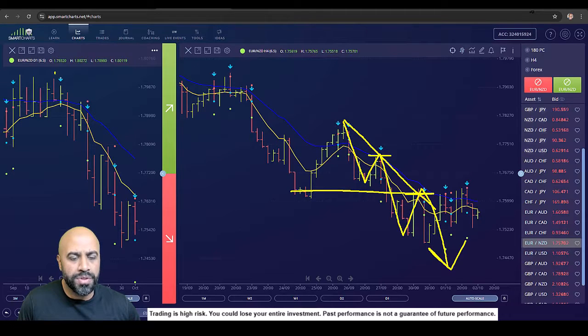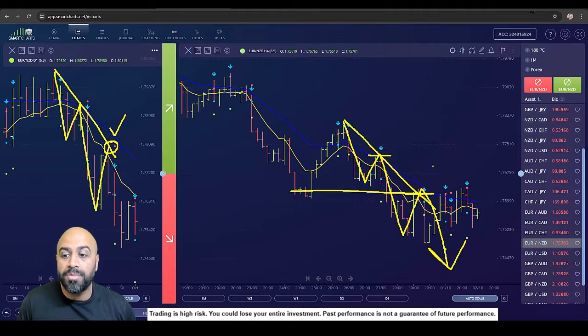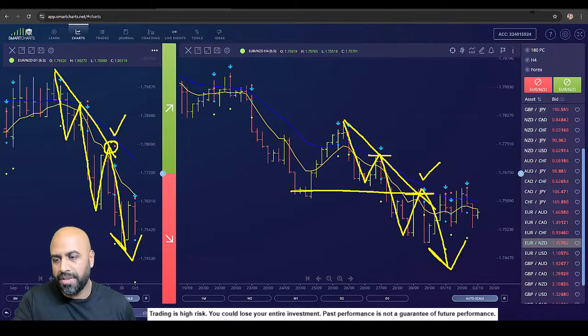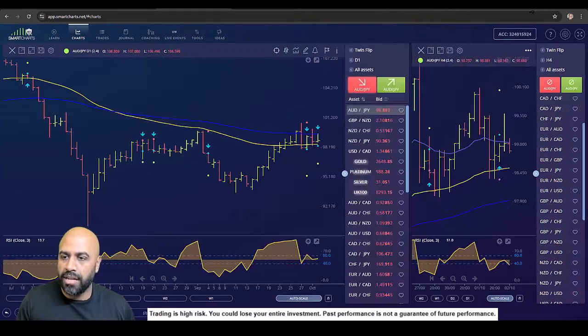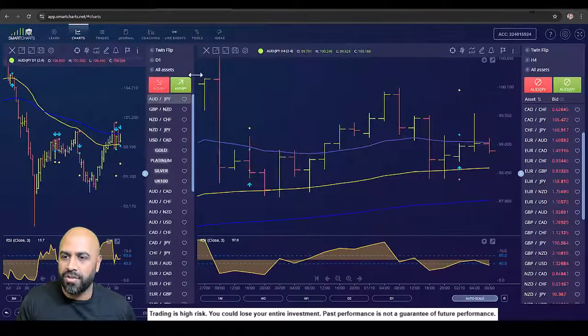If you recall, we also had that phase 1, phase 2, phase 1, phase 2 on the daily chart as well. All right, so this is what I love, the repeated patterns of behavior that Smart Charts helps us to find in the market. That daily chart trade is pretty much the same as this 4-hour chart trade, right? It just happened literally a week later. Okay, so in this instance, we've had some good opportunities there as well, but for this week it was a 4-hour chart Euro Kiwi. We also yesterday were trading US dollar against the Canadian on the twin flips.